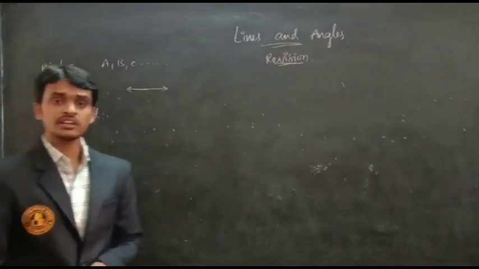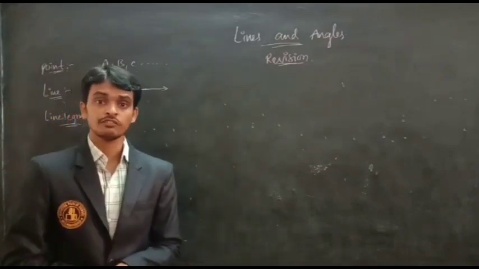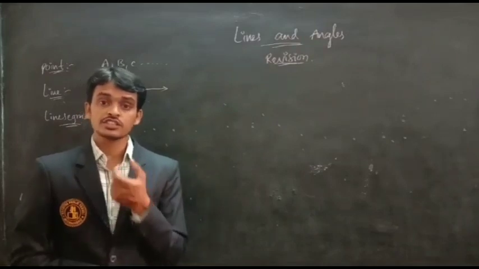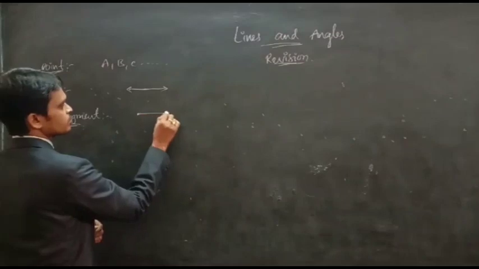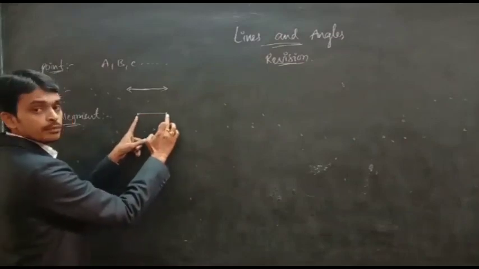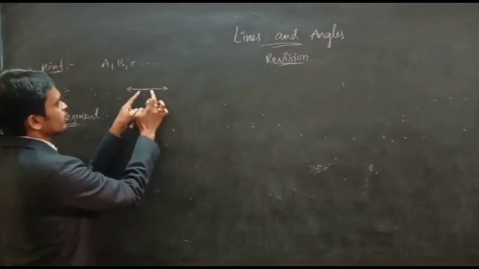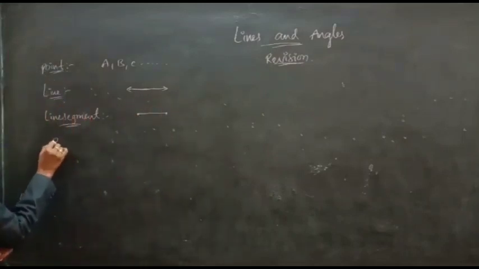A line segment is a part of a line. It has two endpoints. See, this is a line segment. This is one endpoint, this is the other endpoint, and it is a part of a line. It has two endpoints. Next,